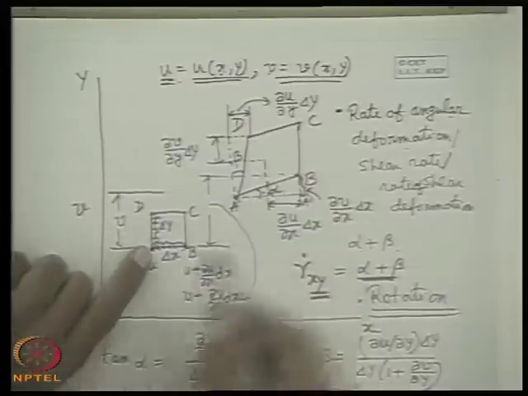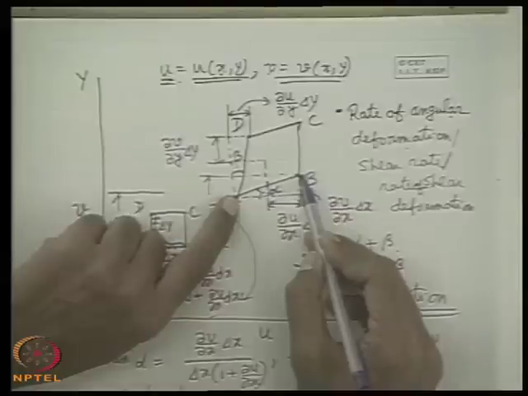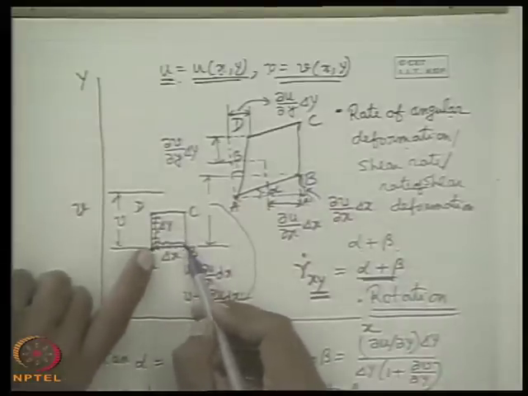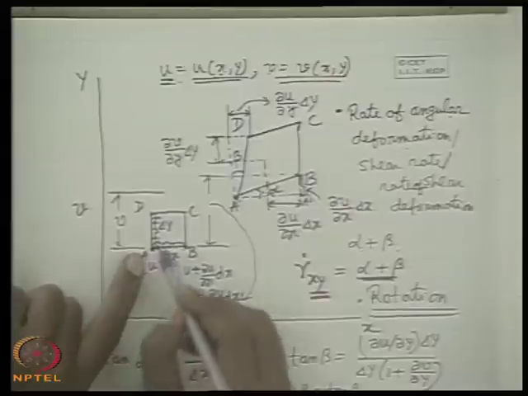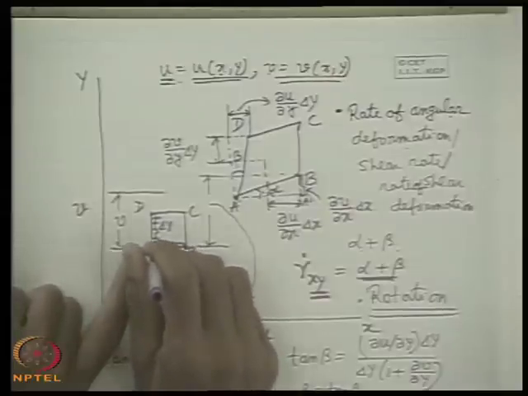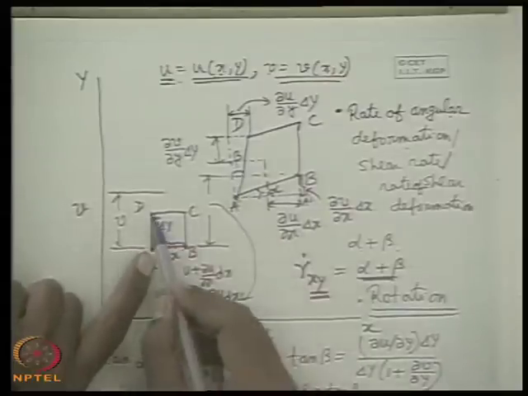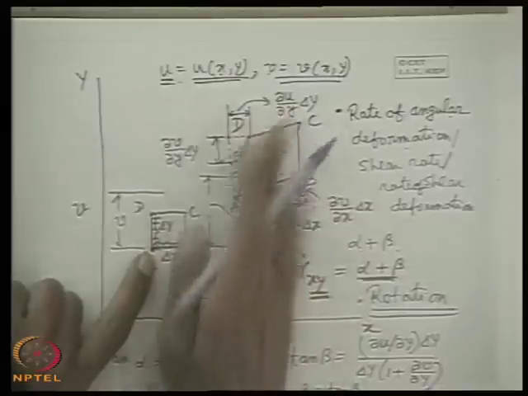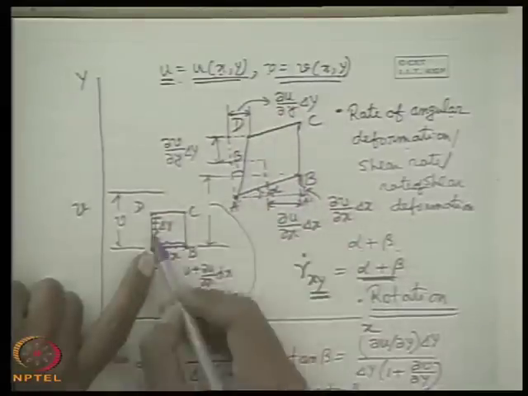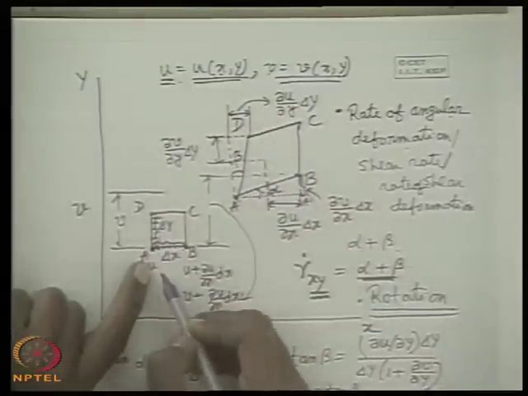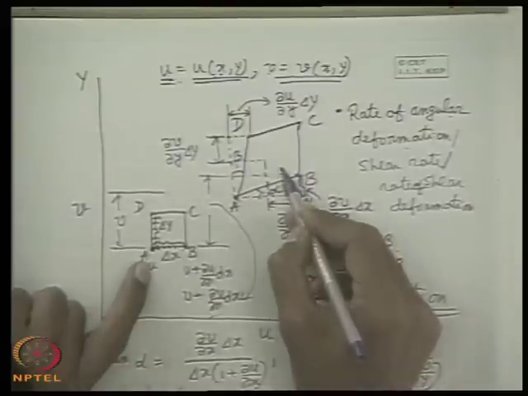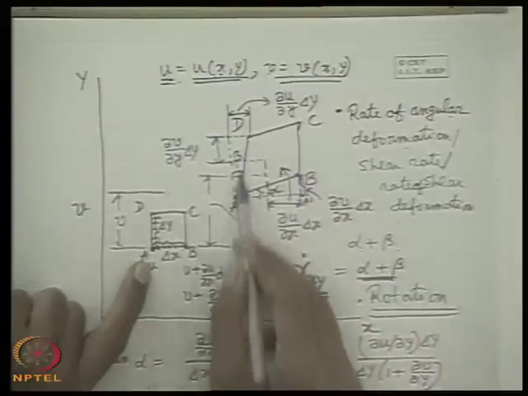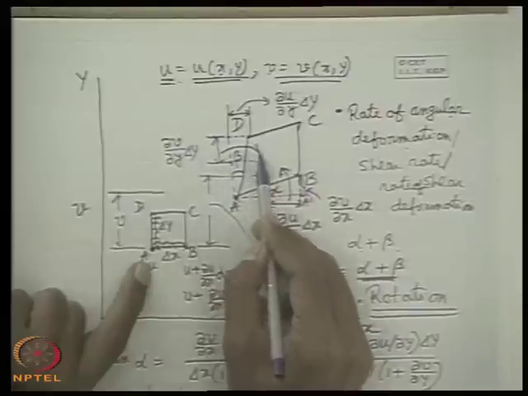Now, when this AB gets tilted like this, that means it has got a rotation sense coming, that means it has got an angular velocity about A, about the Z axis. Similarly, as AD is shifted like this, not parallelly, that gives a concept of angular velocity about the Z axis at A. That means while the line AB has an angular velocity in this direction, line AD has an angular velocity in this direction.